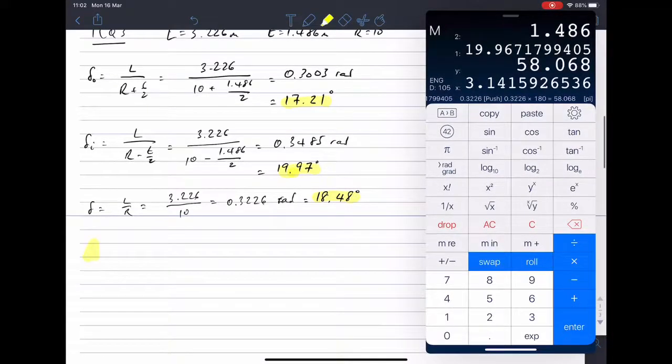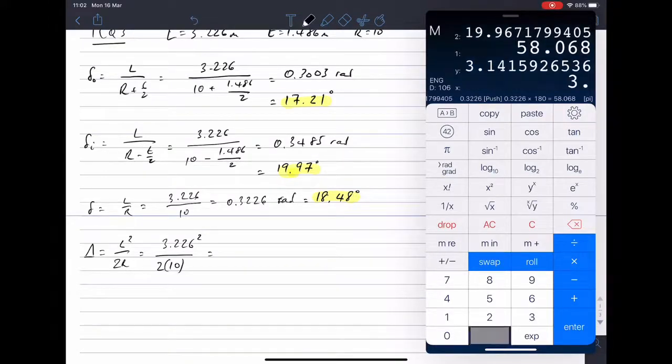Now, for the off tracking, obviously we can work that out. Delta is L squared upon 2R. So 3.226 squared divided by, in this case, 2 times 10. So 3.226 squared, 20 divided by, 0.520 meters. Okay, so there's your off tracking. Now